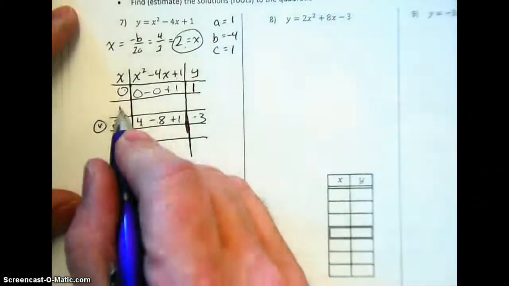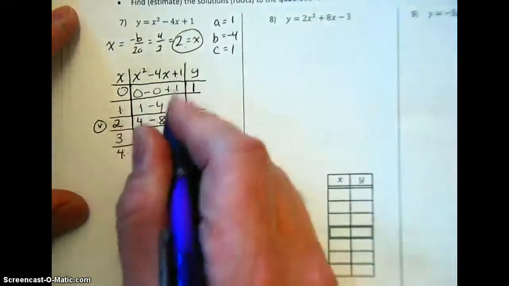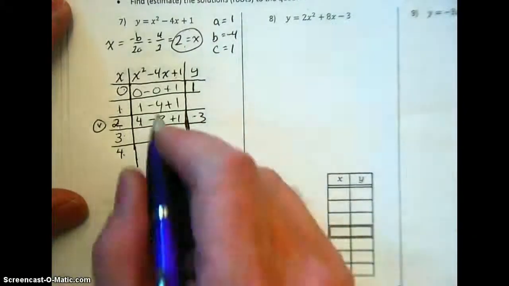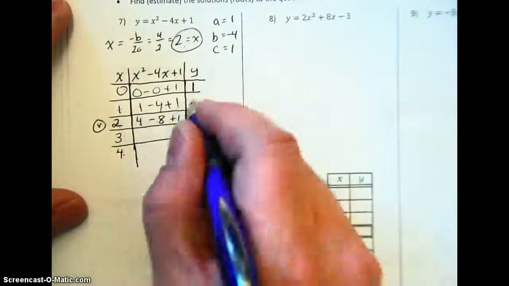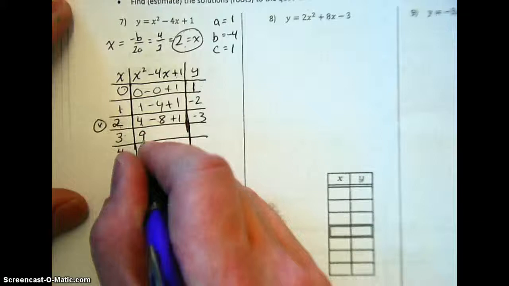Okay, we fill out our table. 1 squared is 1 minus 4 plus 1. What do we get? -2. All right, good. Okay, 3 squared is 9 and